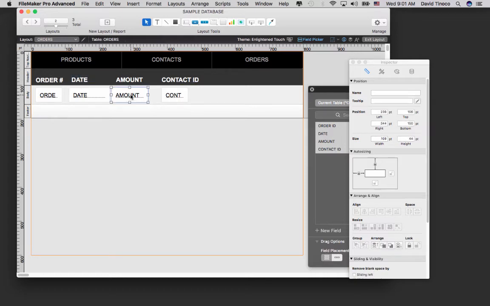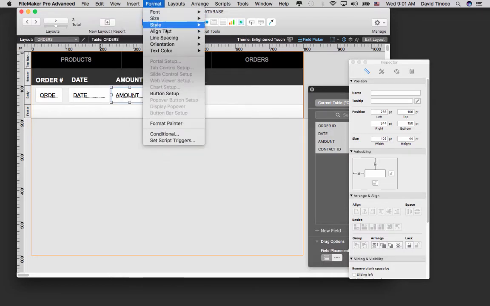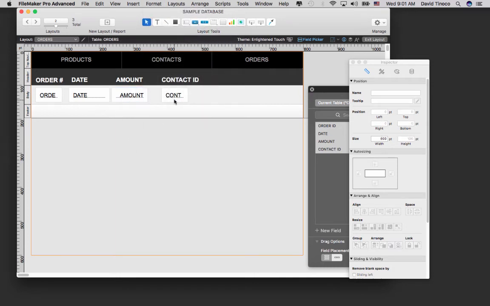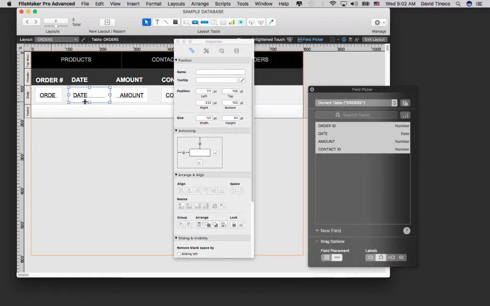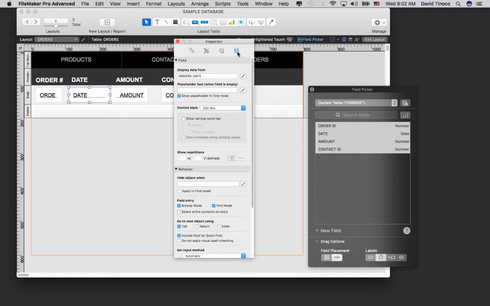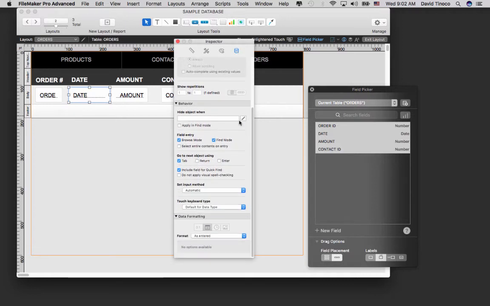And now let's say we want this field to be right aligned. So we can go to Format, Align Text, Align Right, and we want the date field to have a drop-down calendar so that we can enter things easily. And so in order to do that, with the field selected, we're going to bring out our inspector, and we're going to go to the Data tab. And at the very bottom,